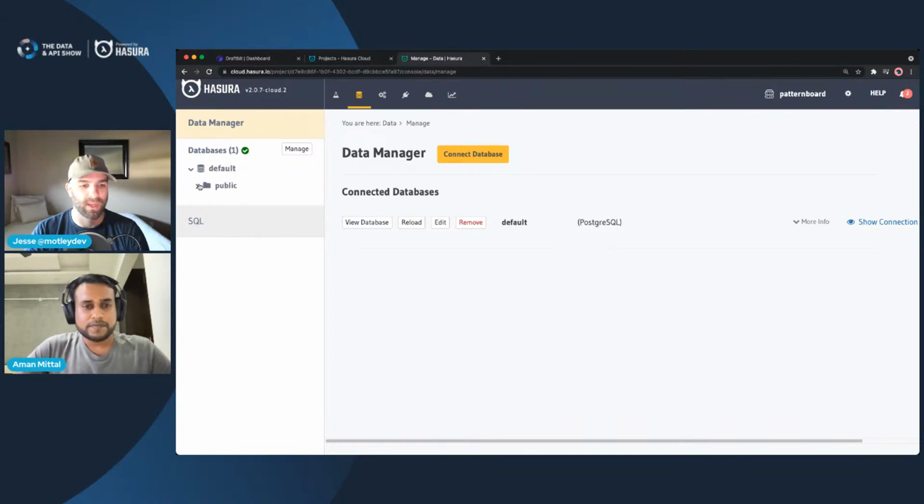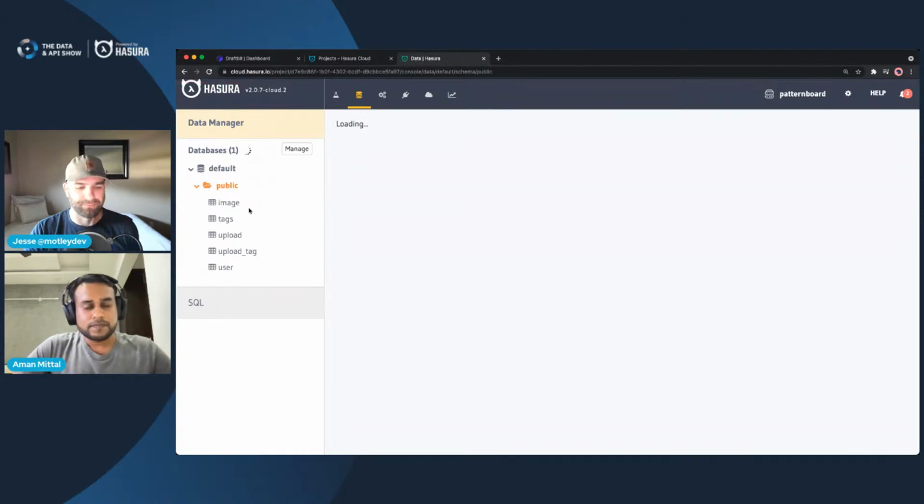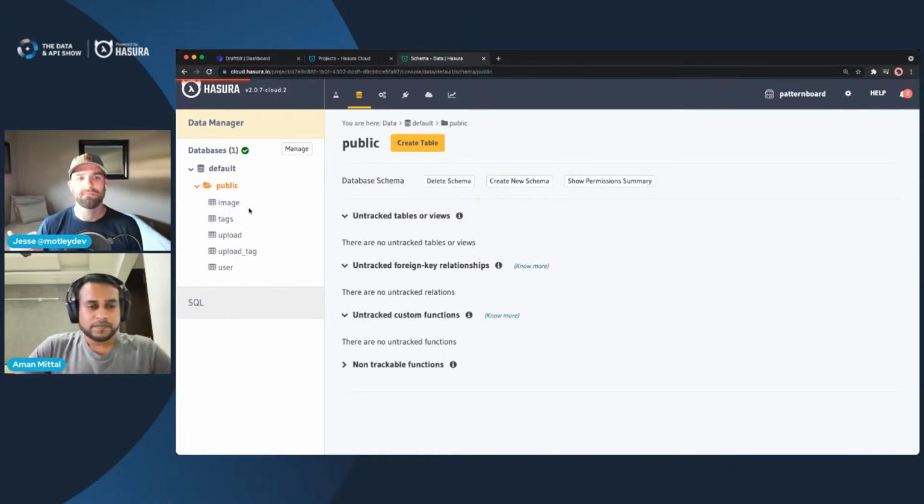This is the data model we have inside of my simple database. The model is not fancy. We've got a user. A user has uploads. The uploads are composed of an image and tags. And those tags are actually auto-generated from an AI service that's hooked up to it. It's an event-based programming paradigm. Upload an image. That image gets to an endpoint. That image gets persisted to storage, and then